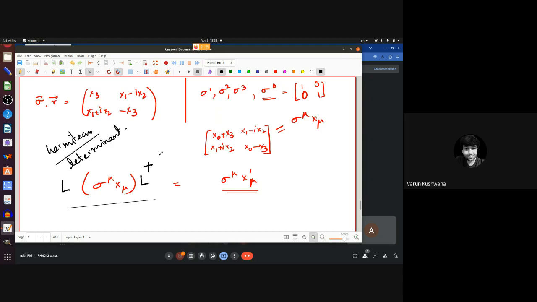How can you keep the determinant unchanged? If the mod square of the determinant of L is 1, then it will not change. But L is orthogonal,